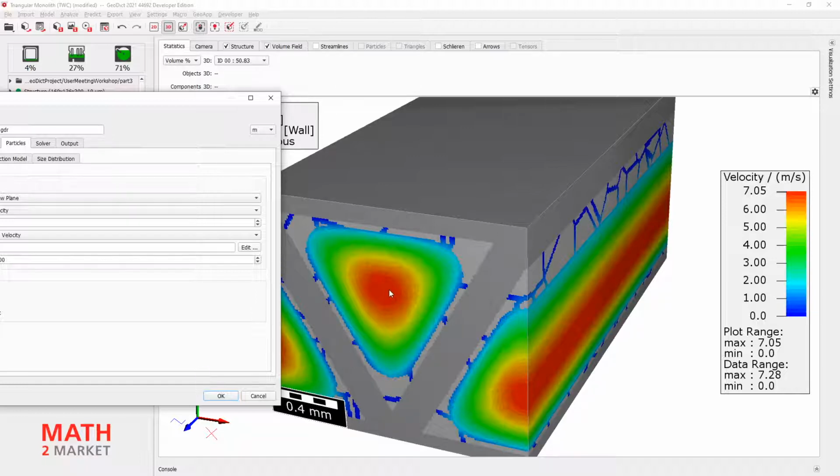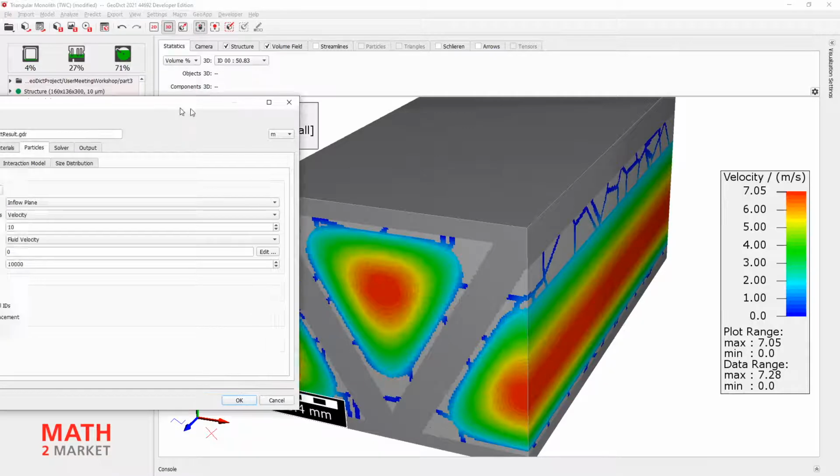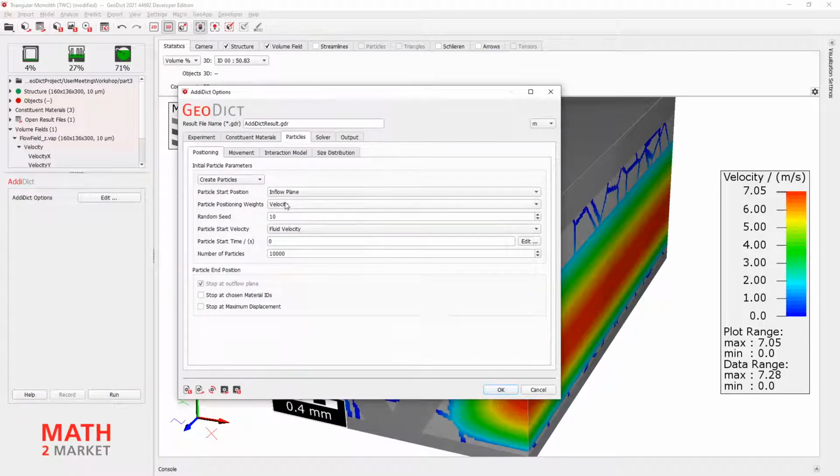This is typically what we have in a well mixed airflow. So change this to velocity and then go down with the number of particles to 500, because again, we do not have so much time today for our workshop. You can surely do that at home with higher values, but then we'll have to wait a little bit longer.